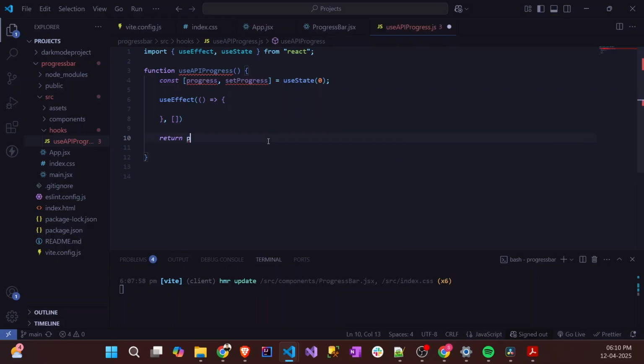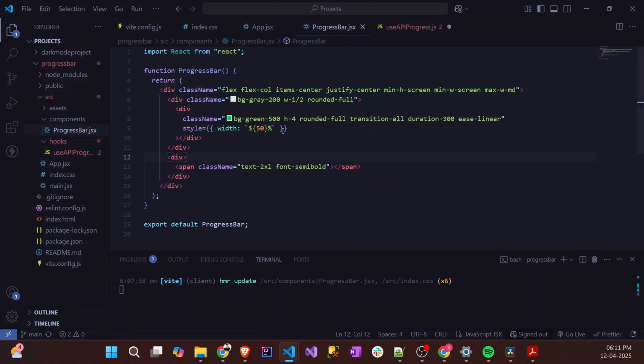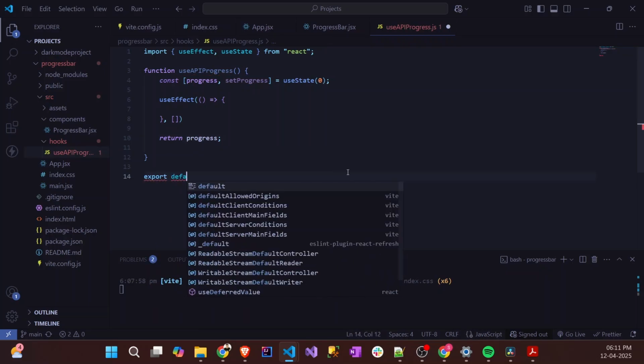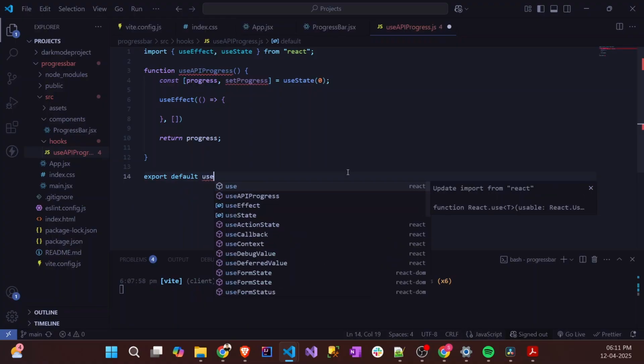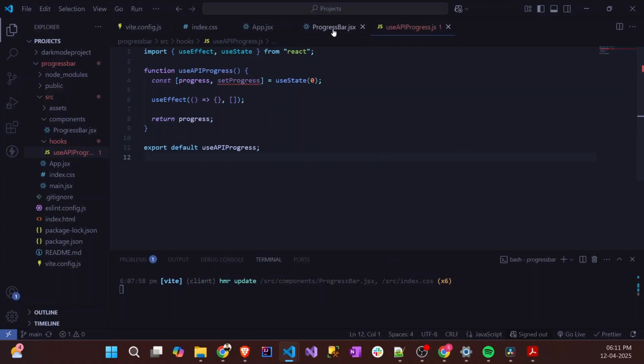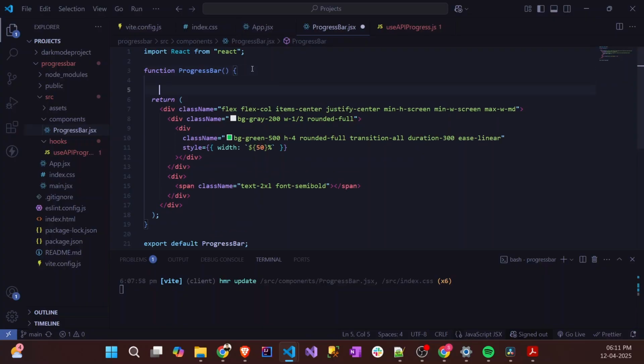And this function is going to return the progress, and this progress is something that we will be calling in our progress bar. All right. So let's make a couple of more changes. Then we'll come over here and we'll just write the export statement. So export default, use API progress. All right. So you can call this over here,